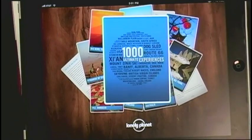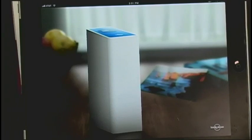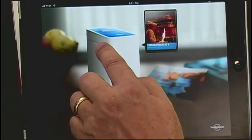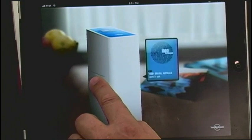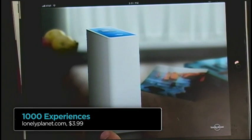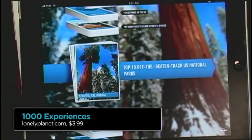So why don't you talk about it while I show it? Well, Leo, let's set this up. Do you ever go to Lonely Planet just to see what's going on in countries you've never been to? It's like reading cookbooks, isn't it? It is. It's kind of like a Wikipedia type of situation, except that this is called 1,000 Experiences, and it's a Lonely Planet app. That's where they're getting their information from, and it almost looks like a little Drobo, where you just pick a card, any card, and then...